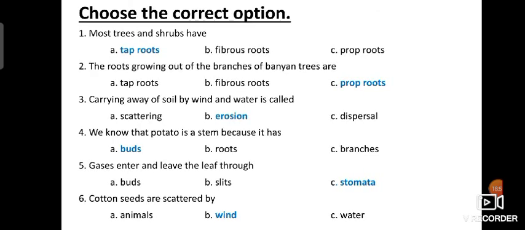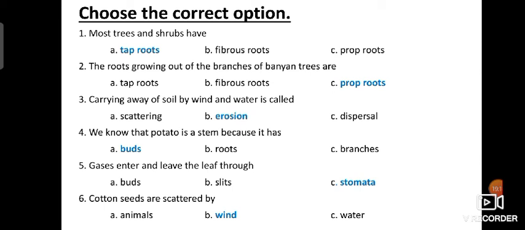Understood, children? Next, we'll see choose the correct option. Most trees and shrubs have tap roots, fibrous roots, prop roots, they are given. You're going to select the correct option. The correct option is option A, tap roots. The roots growing out of the branches of banyan trees are taproots, fibrous roots, prop roots, they are given.